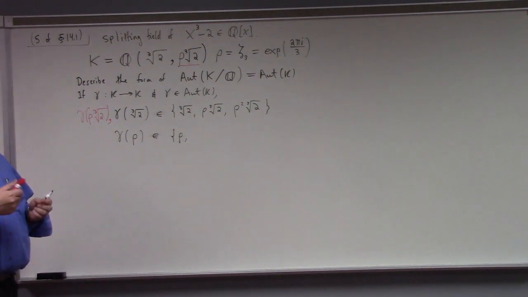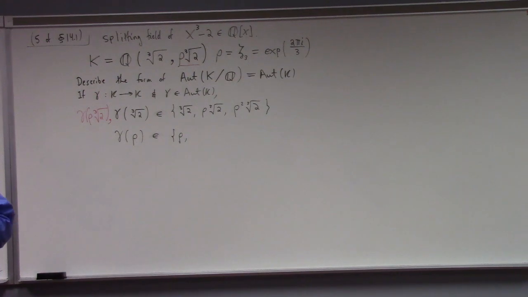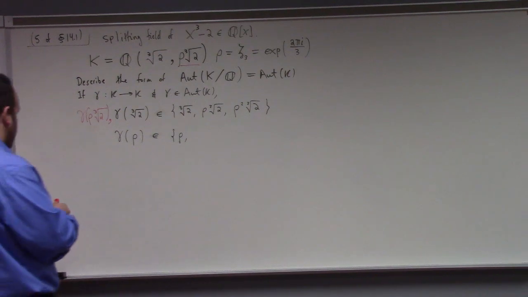right? Each one of those, in principle, you have rho times the cube root of 2 maps to either cube root of 2, rho times the cube root of 2, or rho squared times the cube root of 2. And likewise, either cube root of 2 maps to the cube root of 2, or it maps to rho. If you think about that, how many possibilities are there? How many maps, if you just think about the raw possible ways to map